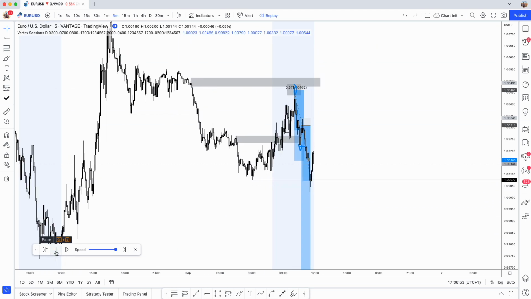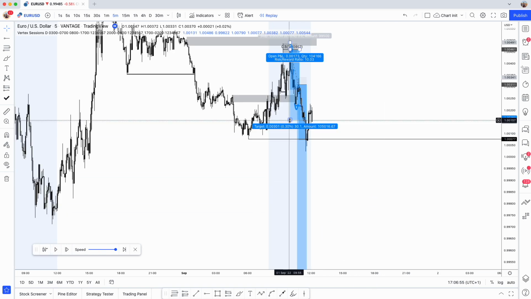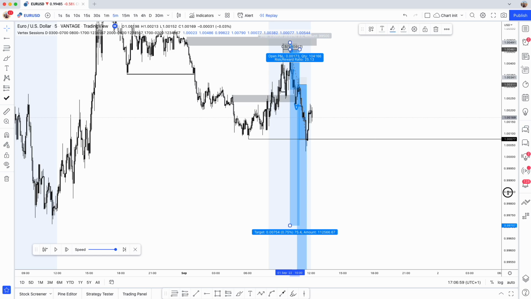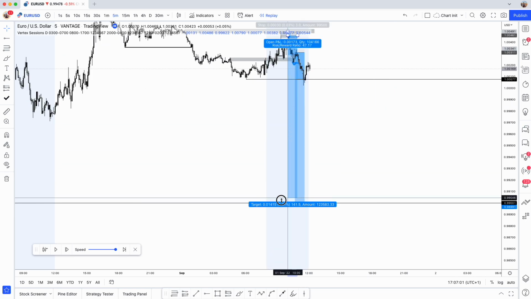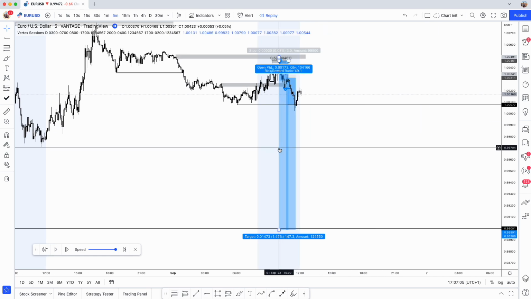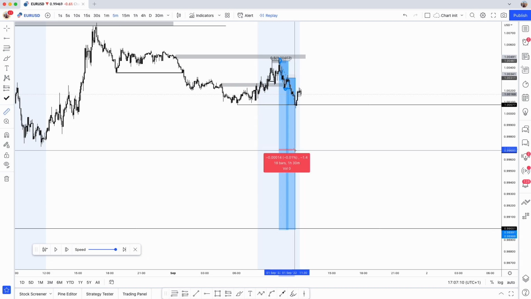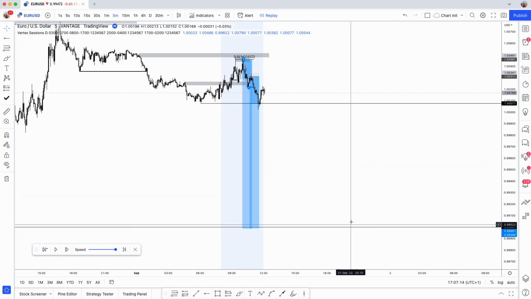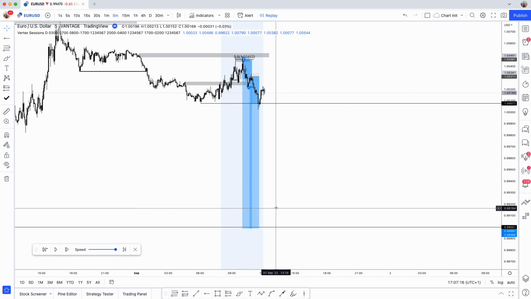So you can have that as a partial point, and that would give you a 1 to 12. So if you take half that, you're taking 6R there, right? And this is all in one session, by the way. So you've just taken a partial in the space of an hour. That's 1 to 6 in an hour. And then the rest of anything else that happens after that is just a bonus.